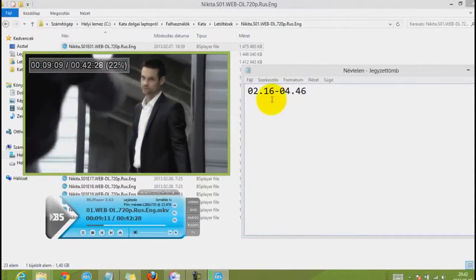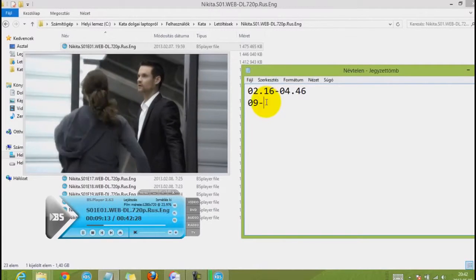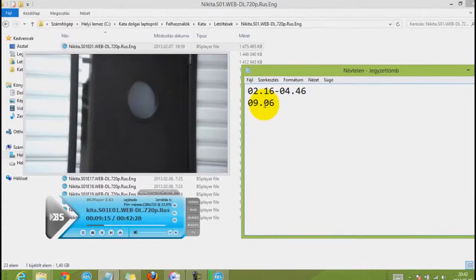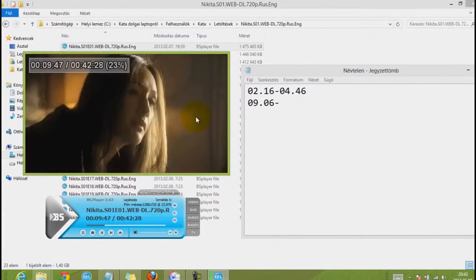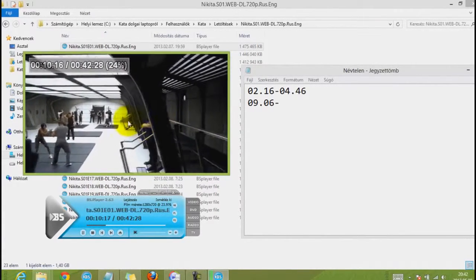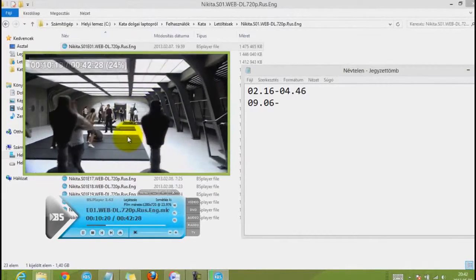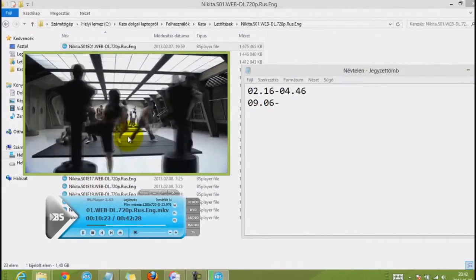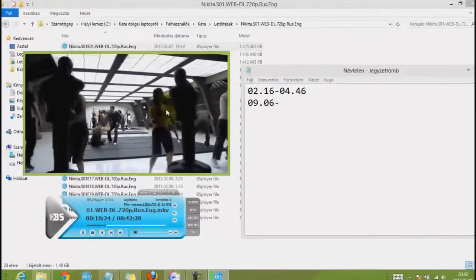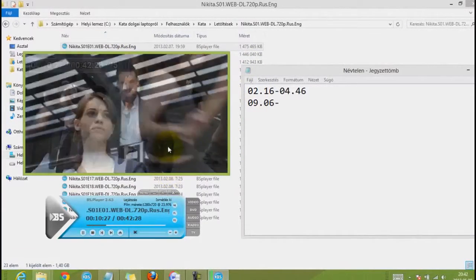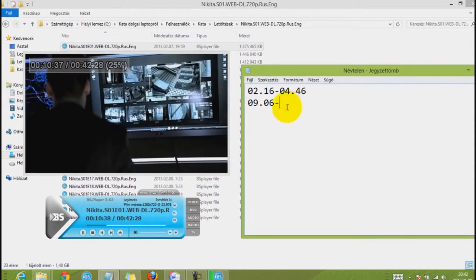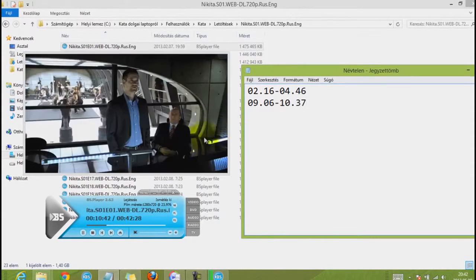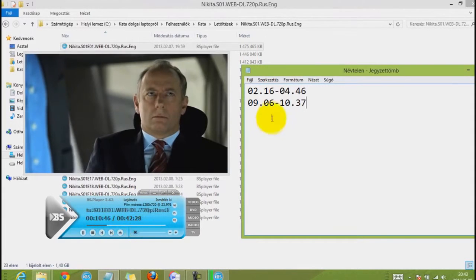A new scene around this time, and I'm going to look where it ends. And sometimes I leave in little scenes in between because if it's only 20 seconds, I'm not going to make 2 different videos about the same scene. So I'm going to just wait until then. 10:37. And I go through all the episodes and write down the times,